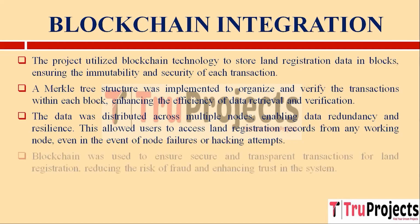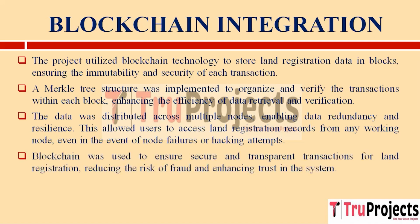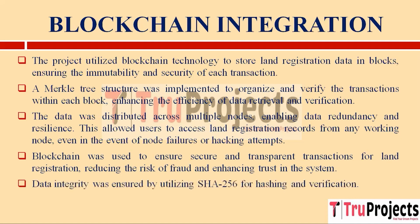And blockchain was used to ensure secure and transparent transactions in land registration. All transactions are recorded in an open and tamper-proof ledger, reducing the risk of fraud and enhancing trust in the system. And to confirm the authenticity and integrity of the data stored on the blockchain, cryptographic hash codes are generated